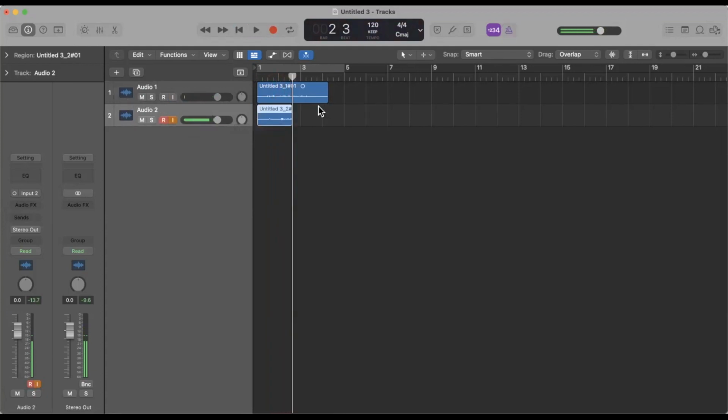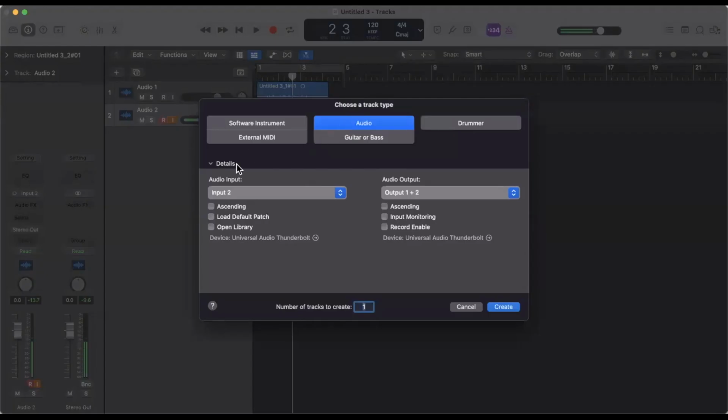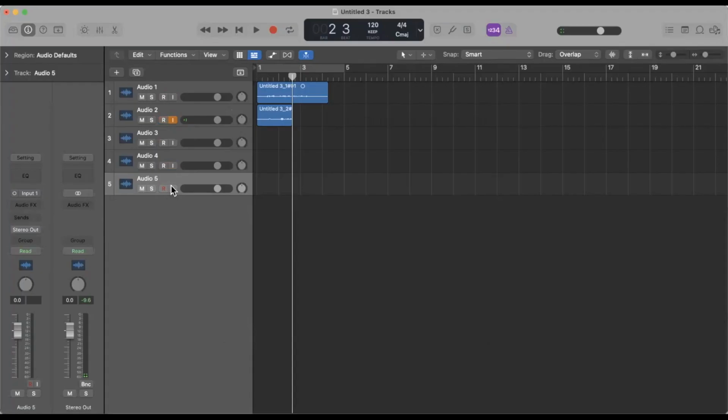So now you might say, hey, I want to record 2 parts at once. Well, all you would need to do is go up here and create an audio track. And if you have multiple inputs on your interface, like I do, you could select input 1. So for this example, I have an electric guitar that I have running into my interface in input 1. So now, if I have input 1 record enabled,